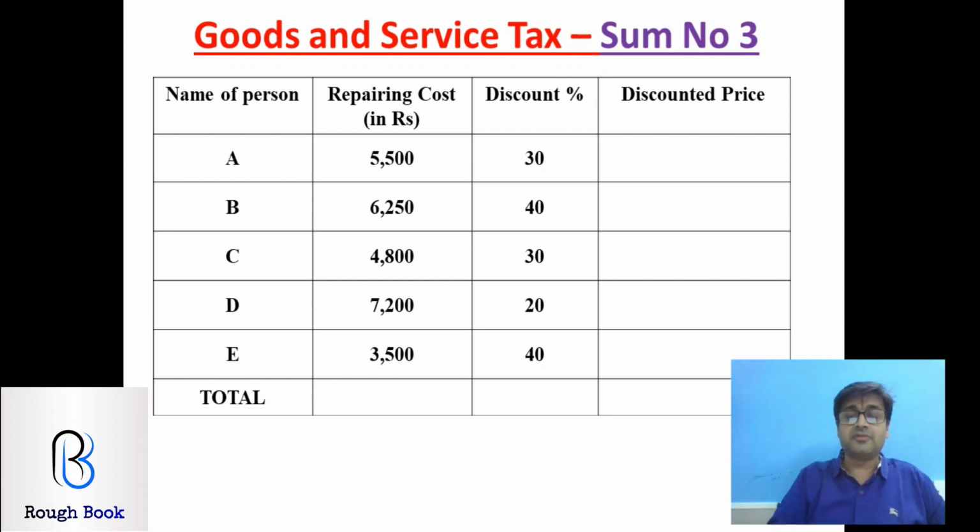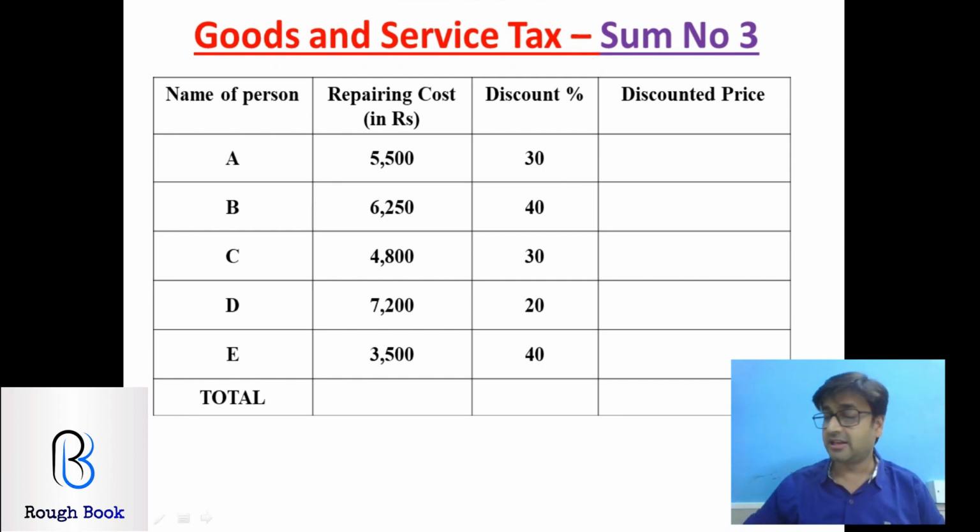So whenever you make it vertical, the calculation becomes easier in the exam and the board teacher can easily calculate. So here if you see, you got the repairing cost for 5 different components of a computer and the discounts being offered on each of the components, and later on there is a GST being applied. So the total GST is 18%. So first, product wise, we will calculate the discounted price.